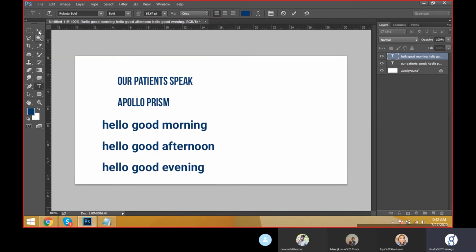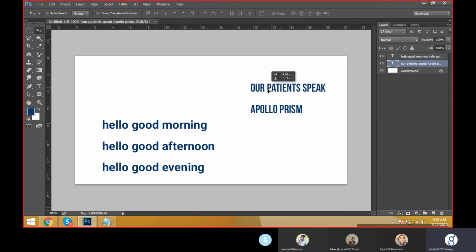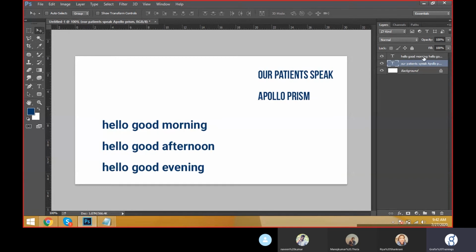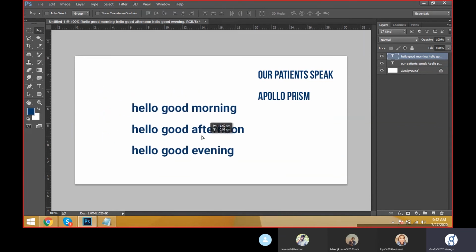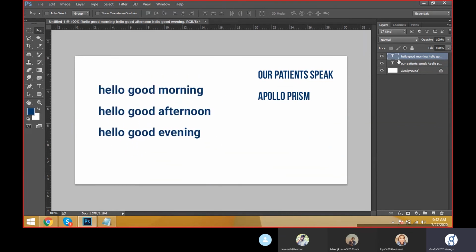And again, take a text tool. See here how many text tools we have. One is this one, and one is this one. Now you just take a move tool and move the text from one place to another place. But again, to activate the text, take a text tool, and automatically the text properties will be activated.